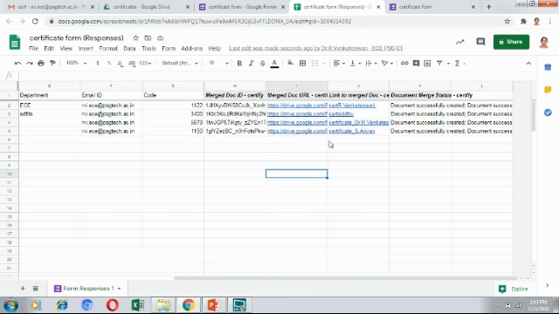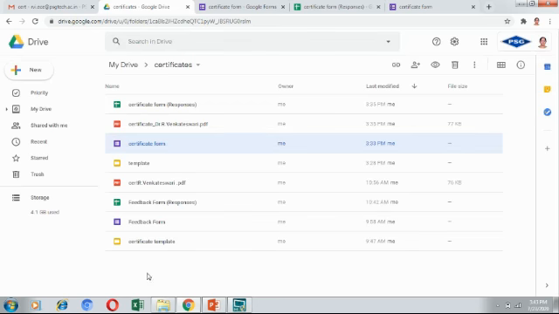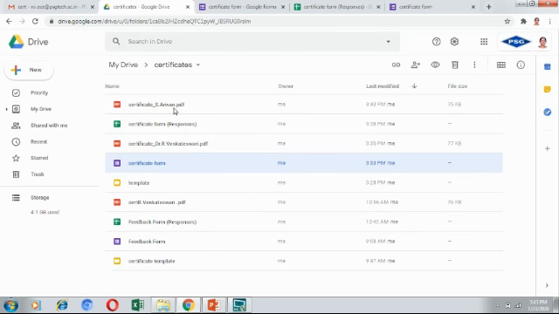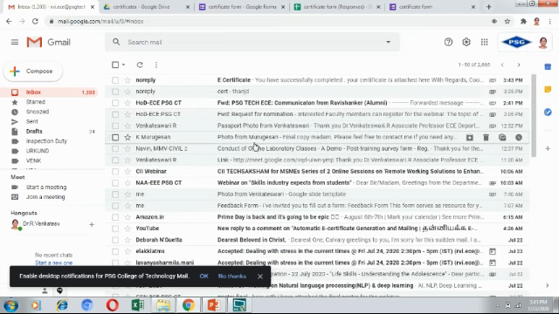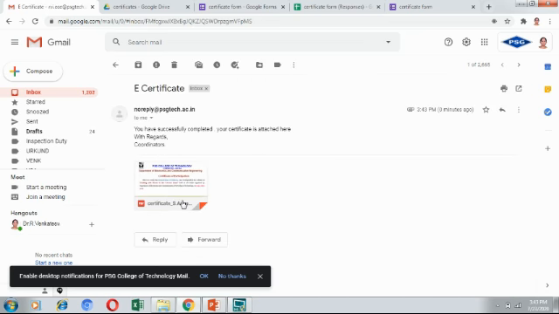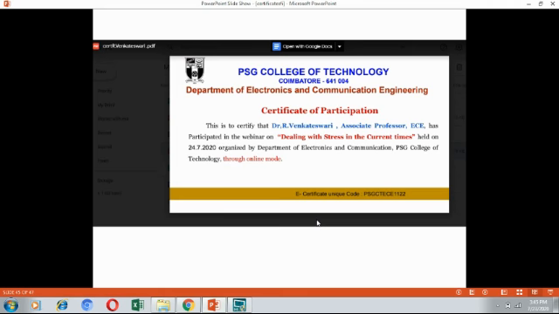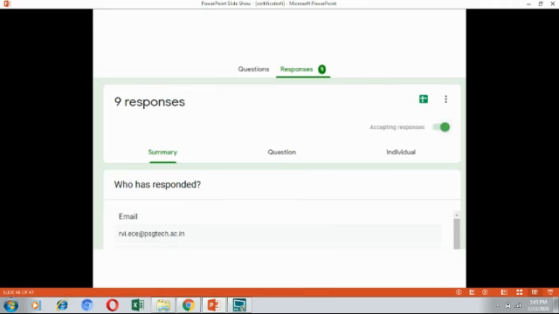You just check here, the document is successfully created, and this is the certificate. Yes, Arivan. It will be available in the Google Drive, the certificate of Arivan, and also it will be sent to the users. I have given this as the e-certificate. You have successfully completed, your certificate is attached here. It's ready now. Now, after 10 minutes of the webinar, you have to check this icon, that is stop accepting responses, so that the link will be valid only for a very few minutes.